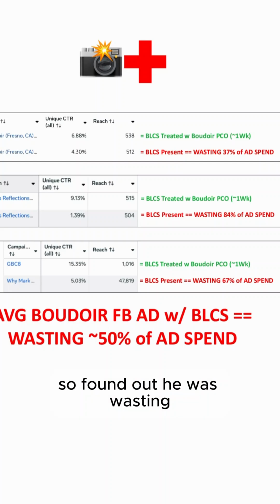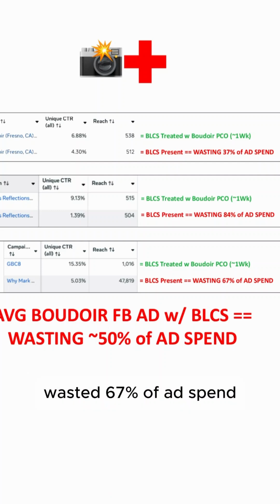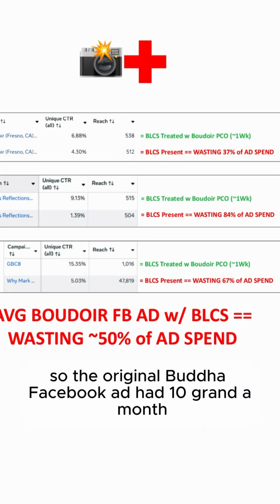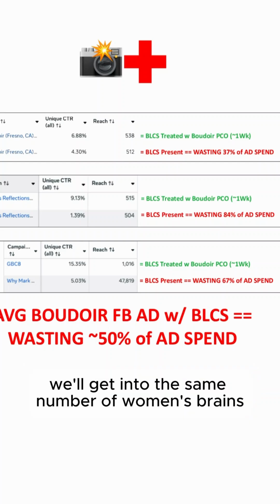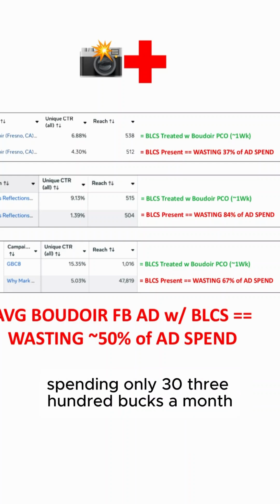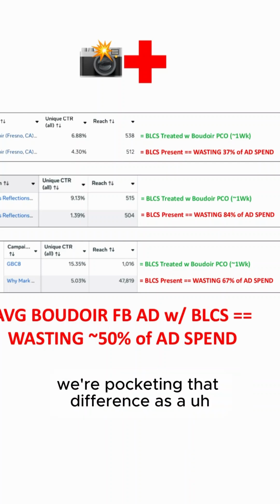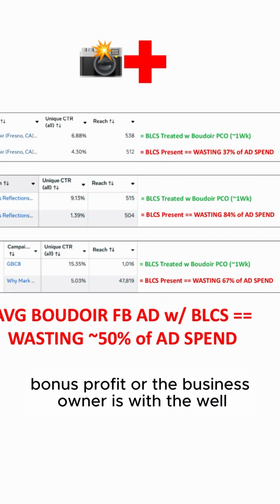So I found out he was wasting 67%, or at least the original Boudoir Facebook ad was wasting 67% of ad spend. So the original Boudoir Facebook ad had 10 grand a month. We'll get into the same number of women's brands as the Boudoir Pico treated ad, spending only $3,300 a month. So that whole difference, we're pocketing that difference as a bonus profit, or the business owner is, the boudoir photographer